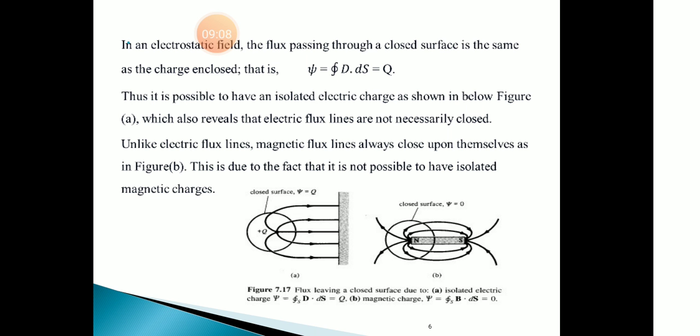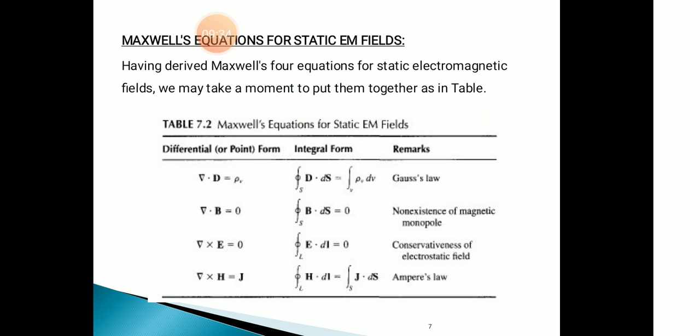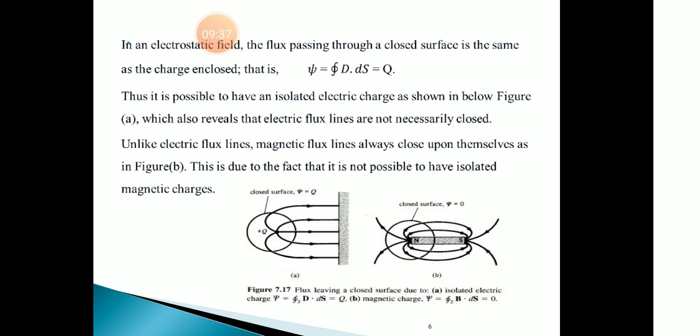A single magnetic pole cannot exist like a single isolated electric charge. No magnetic flux can reside in a closed surface. Another point you have to remember: no magnetic flux can reside in a closed surface. Hence, the integral of B dot dS evaluated over a closed surface is always 0. Always 0. This is called the law of conservation of magnetic flux, or